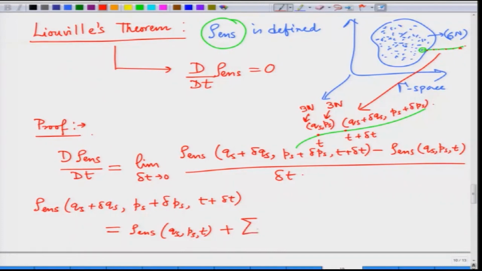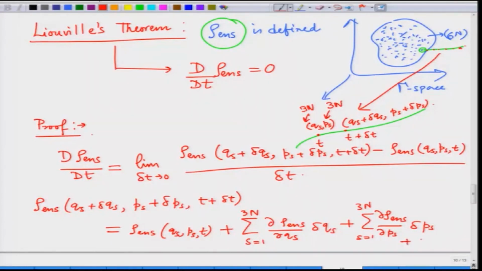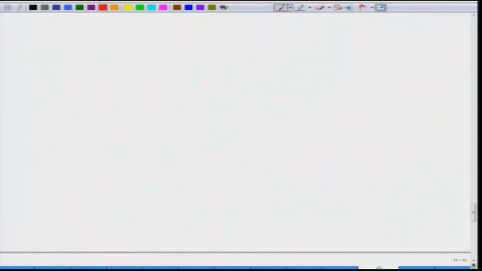plus summation over s. Now it is clear that there are actually 3n terms, s from 1 to 3n, of del rho ens/del q_s times delta q_s, plus summation over s from 1 to 3n of del rho ens/del p_s times delta p_s, plus you will have another term which is del rho ens/del t times delta t. Okay. This we can just get from Taylor's expansion. So, we have to calculate now this one. If you just take this term to the left hand side and divide both sides by delta t and take the limit that delta t tends to 0, then basically you can see